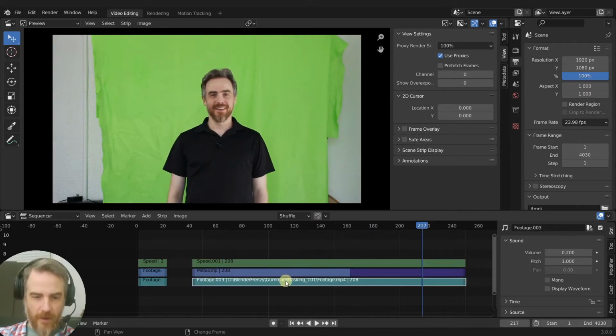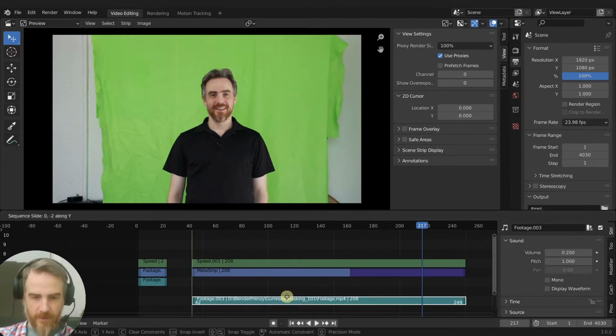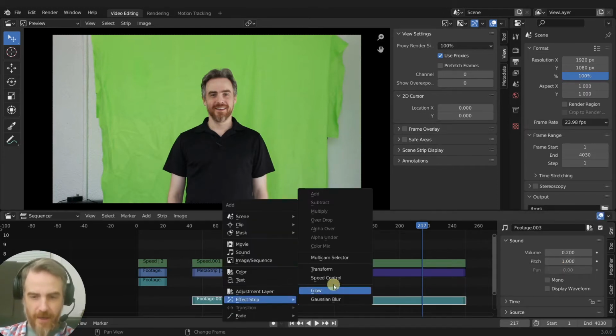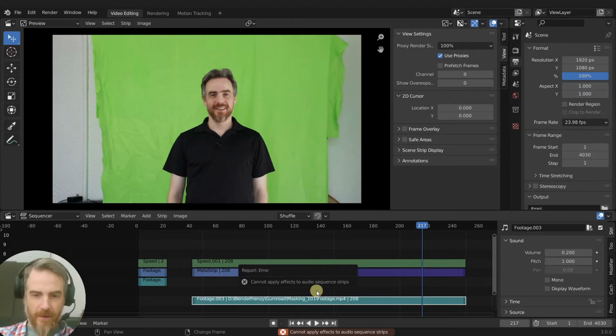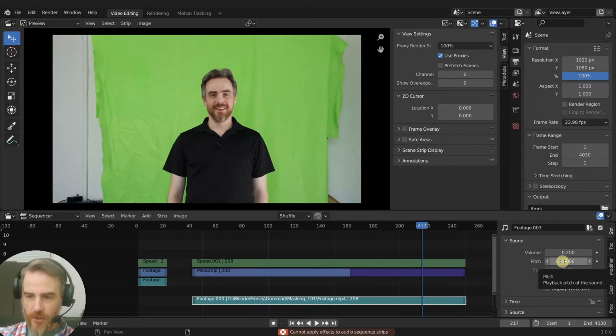Of course, it doesn't work on the audio. Well, actually, I don't know if it does work on the audio. Let's just check. It usually doesn't. No, cannot apply effects to audio sequences. Yeah, that makes sense. So you have to do that a different way, which actually here would be the pitch,